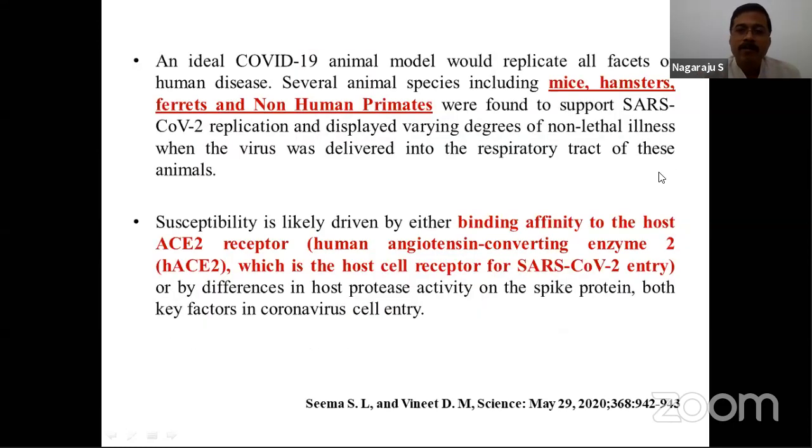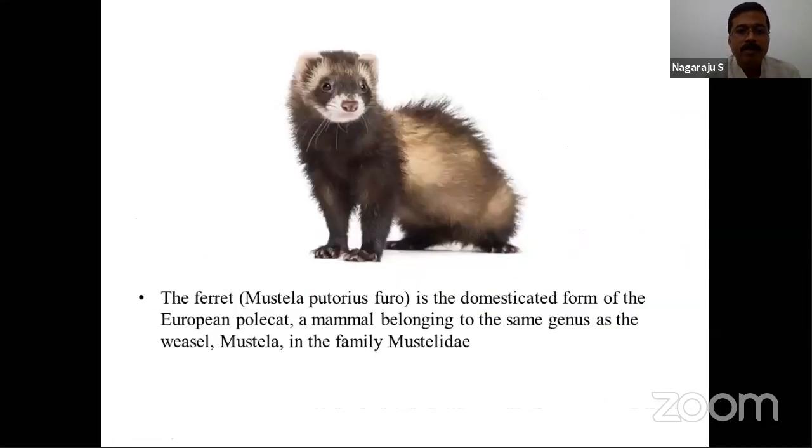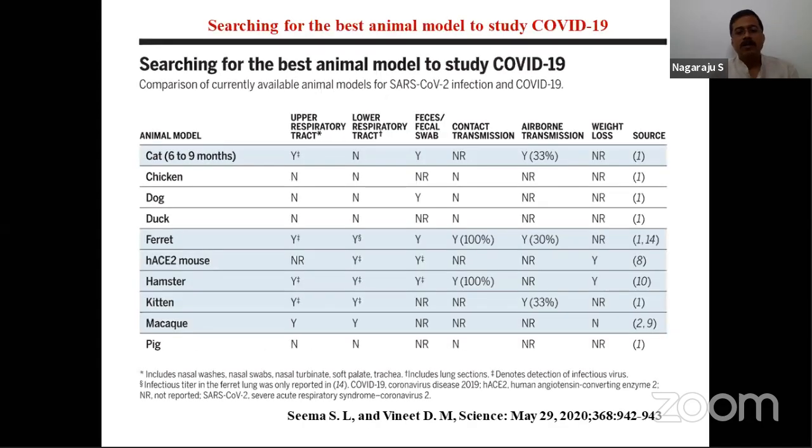Mice, most of the people will know, hamsters, yes. Ferrets, for the students who are not familiar with ferrets, these are ferrets. The ferret is the domesticated form of the European polecat, a mammal belonging to the genus Mustela, as the weasel, in the family Mustelidae. These are ferrets. So